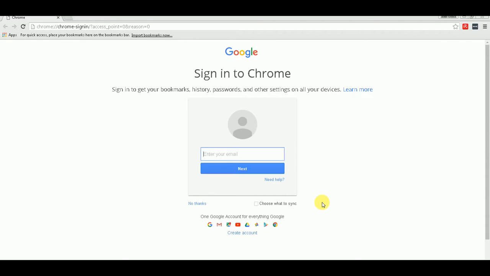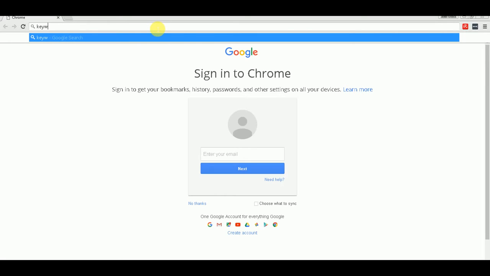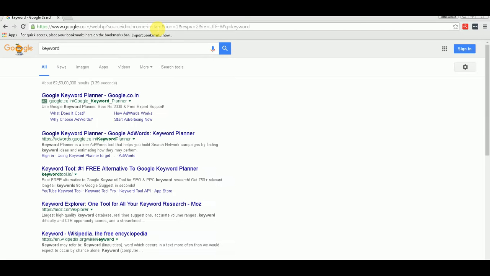As you can see, I am in Google Chrome, and the address bar is also called Omnibar for Google Chrome. You can do lots of things, and such features are not available in other browsers. Like you can just type a keyword and then press enter. It will automatically search the preferred search engine you set in Google Chrome.